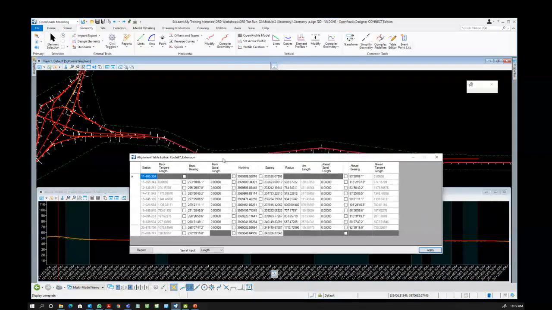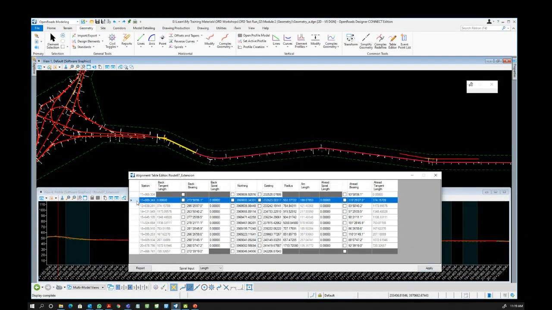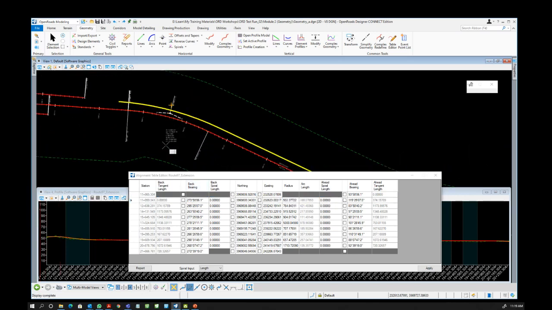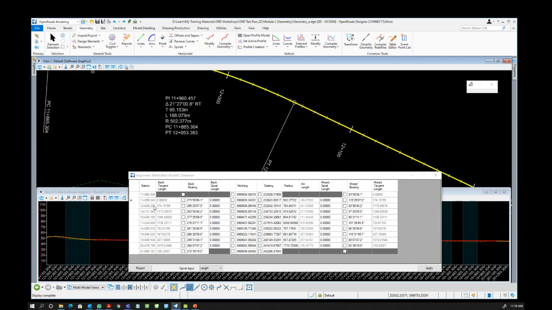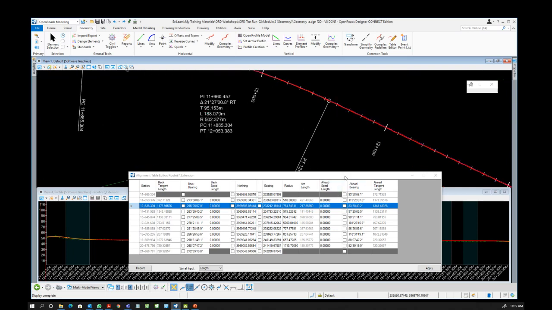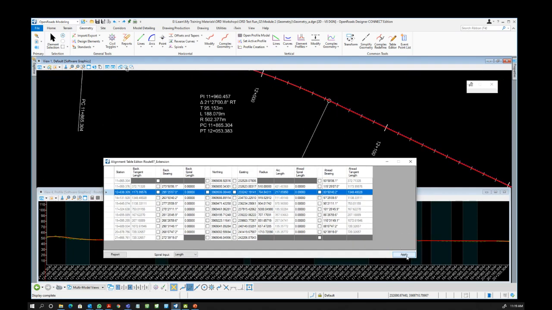Okay, if I scroll down and select this, it will highlight this line. Anytime I wish to change the first radius, which is currently set to 502, I can edit it. If I change that to maybe 510, the edit is not yet applied. That's why my annotation is not yet applied, because we have this tool here. If I click apply,